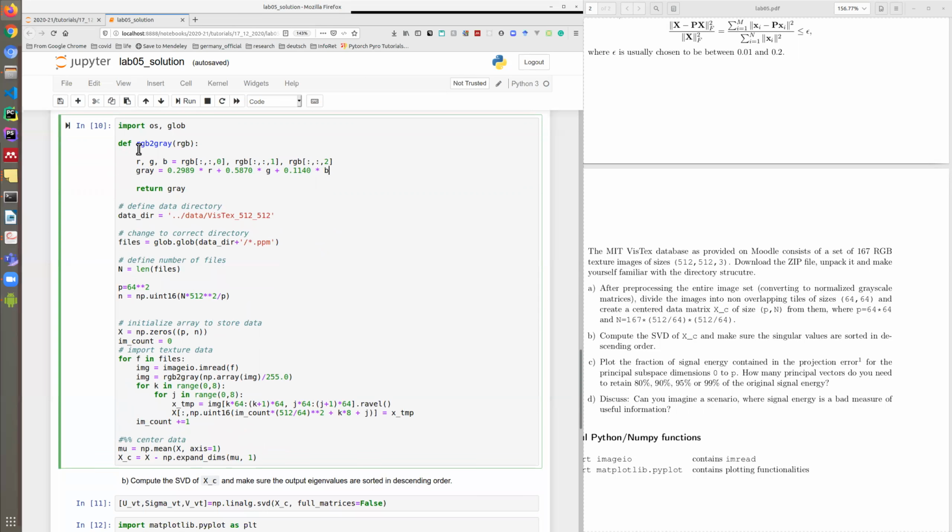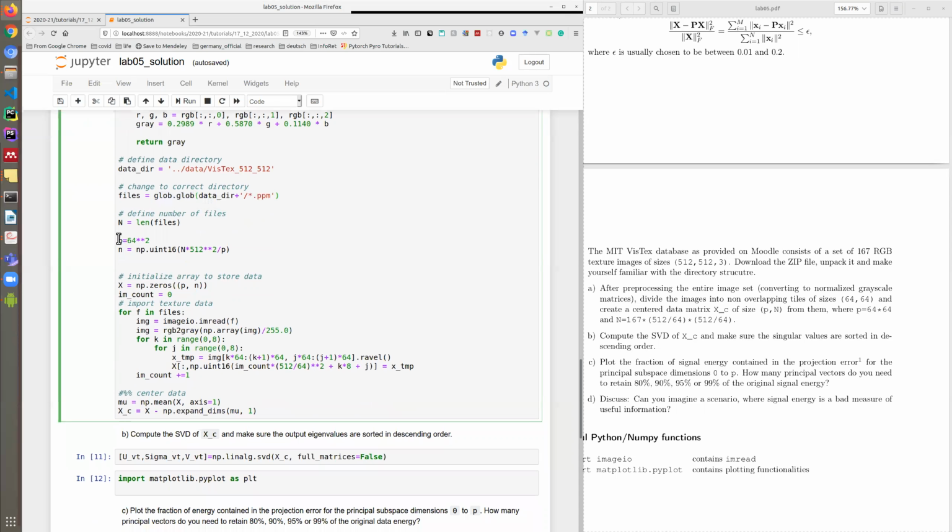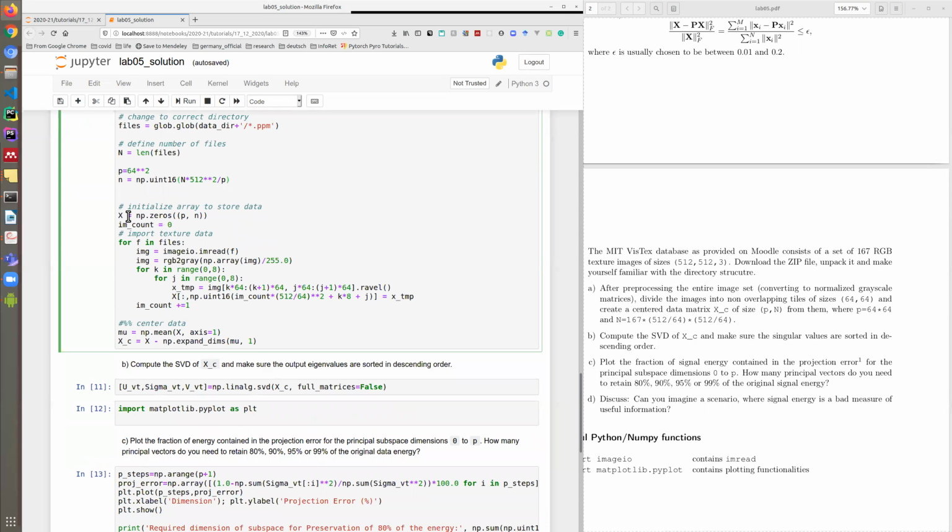After that, this was the function that converts to grayscale. So from the directory, every file is a ppm file, like jpg or png. These files are ppm files, and we find the length of files. This glob actually lists all the files in the directory, and we can see the length of the files. And now we define this p and n, as we were asked in the PDF, and we initialize the placeholders. So X will be p cross m. And then what we do is we simply read every image, we convert it to grayscale, and then